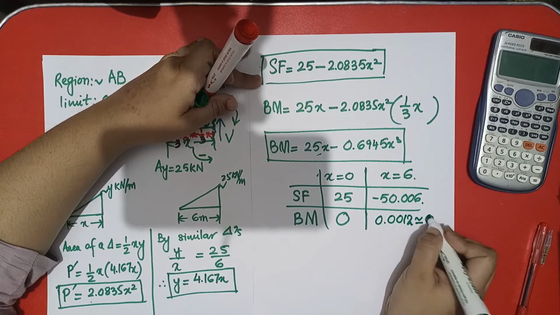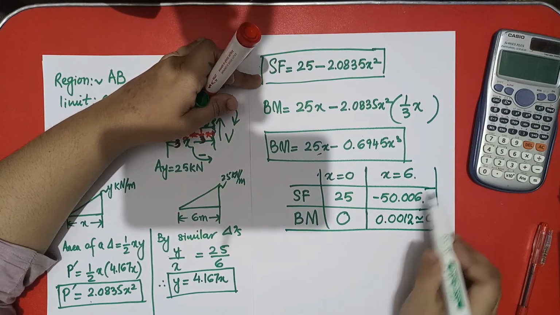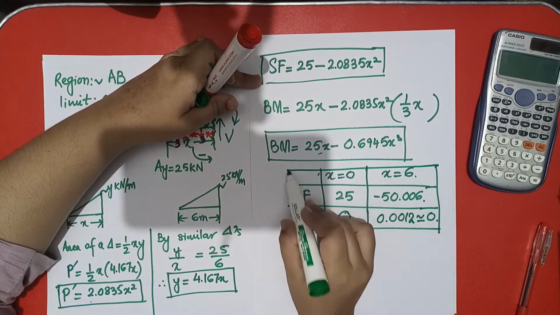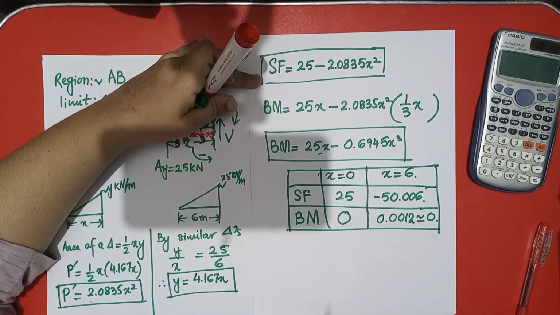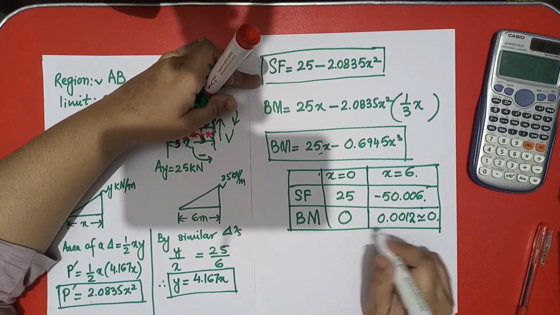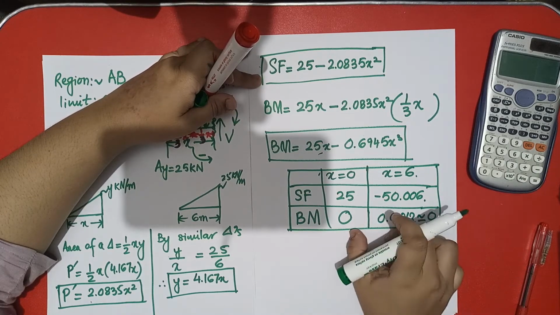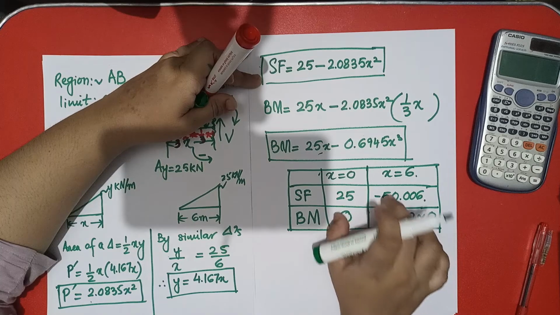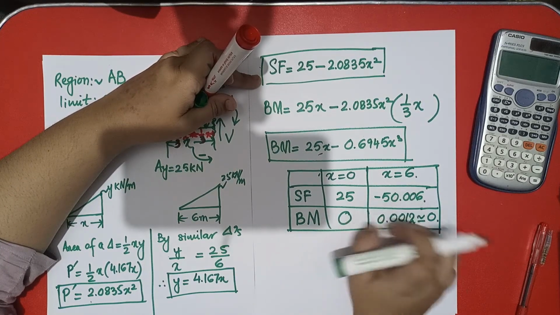One thing let me make clear to all of you: if you have a shear force value and the load is applied on the beam, then obviously there must be some bending. It never happens that you have shear force and a load on the beam, but the bending moment comes out to be zero throughout. So it can never be possible. What we are actually doing is finding the values on the boundaries, meaning we are taking the initial value and the final value.